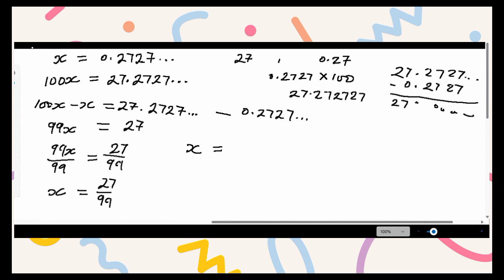9 will go into 27 how many times? Okay, now let us use 3 first. 3 will go into 27 how many times? 9, right? And then 3 will go into 99 how many times? 33. Again, 3 can go into 9 how many times? 3. And it will go into 33 how many times? 11. Or simply at this point, 9 can go into 27 3 times, and 9 can go into 99 11 times. Okay, so therefore